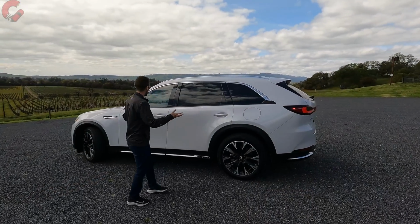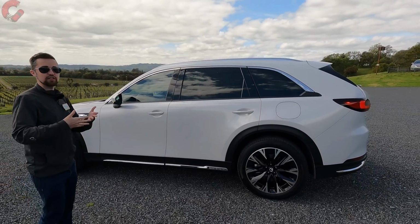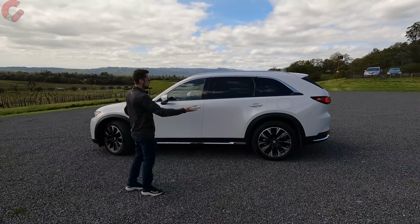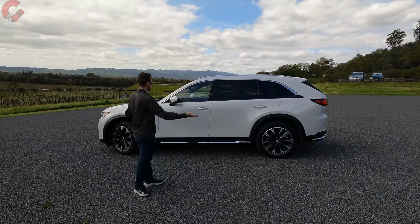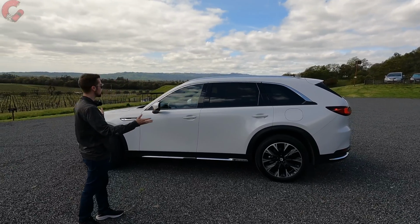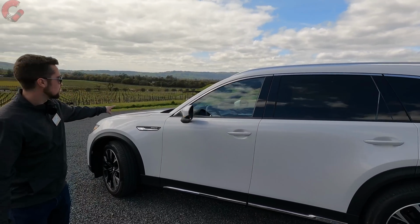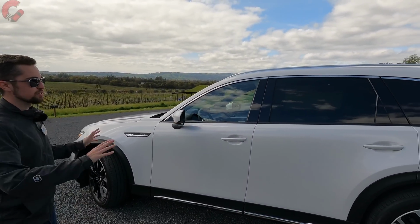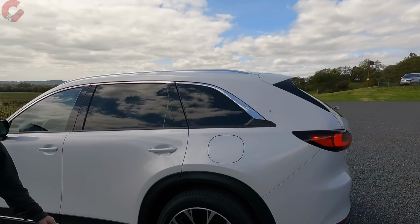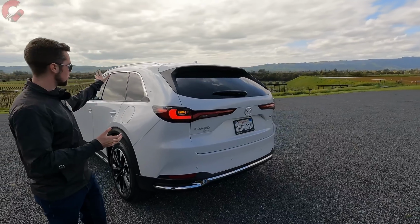Now taking a look here at the side, just like every version of the CX-90, this is riding on that new rear wheel drive based architecture. And as you can see, this is a very long vehicle. It also has pretty nice proportions. We're looking at about 2 inches longer than the current CX-9. But one thing I really like is that the hood has a nice long look to it, and it's kind of a cab in the back situation. Now, of course, you do have pretty much the same design details as we look at the side,